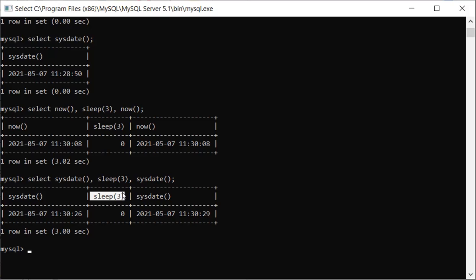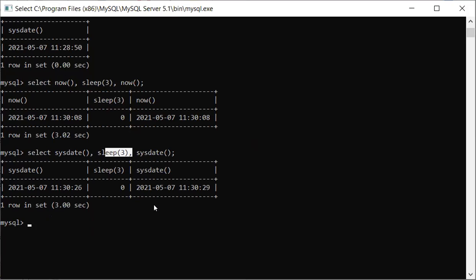Sometimes we may ask you to show the difference with respect to one example. So whenever you have to give the difference with respect to an example, every time we are using this sleep function, and then only we are explaining how both are going to work with respect to the output. Now these were all the date and time based functions you were having in your syllabus.